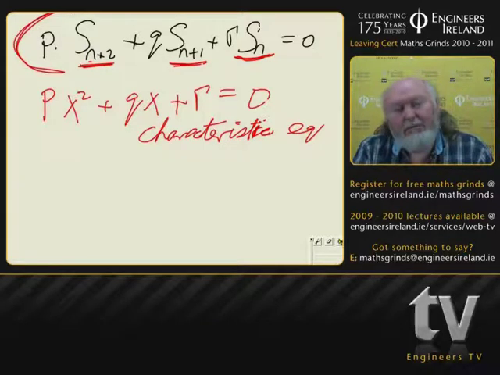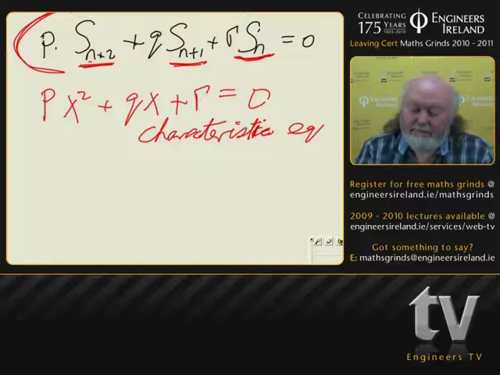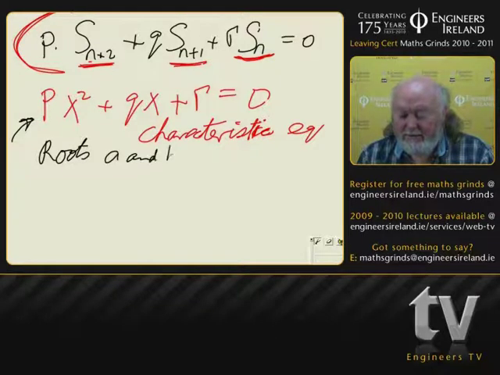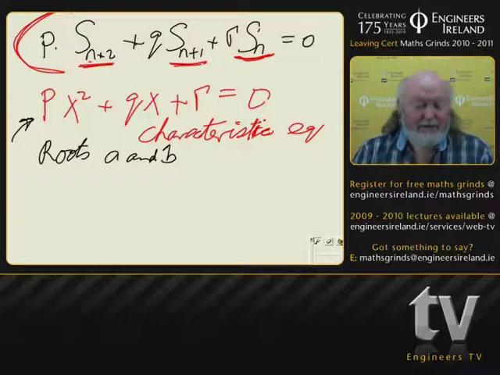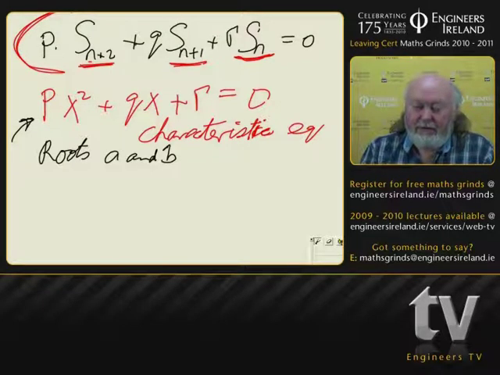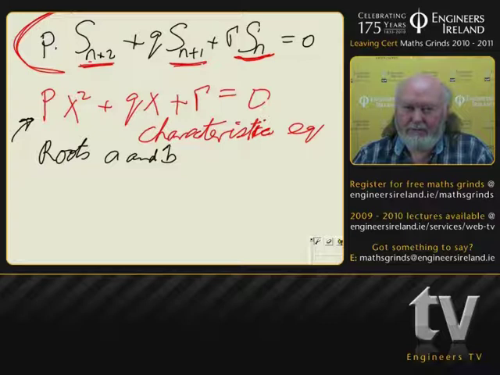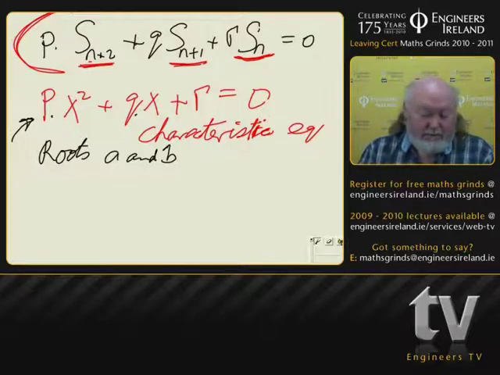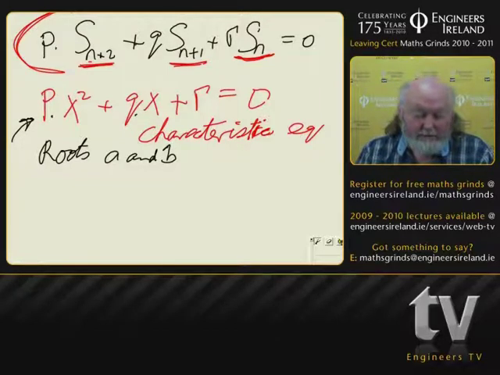recurrence relationship up here makes our life very easy, because guess what, if we can actually work out the roots of this particular quadratic equation, and we'll say the roots are a and b, very imaginative naming here, what can we actually say about these? These are the roots of this quadratic now, and you'll notice the quadratic looks somewhat like this recurrence relationship up top, because you've got a p multiplying into something, you have a q multiplying into something, and you have an r. Okay, so what we can find out from this theorem is that